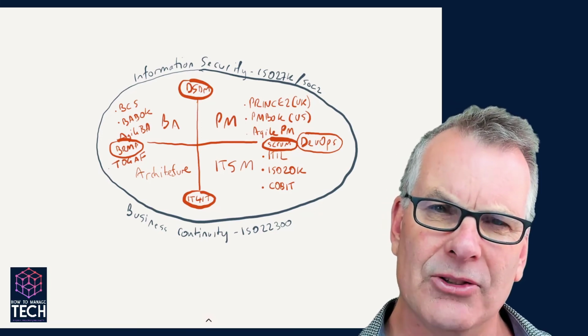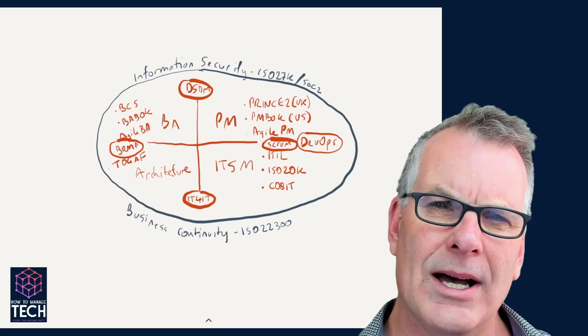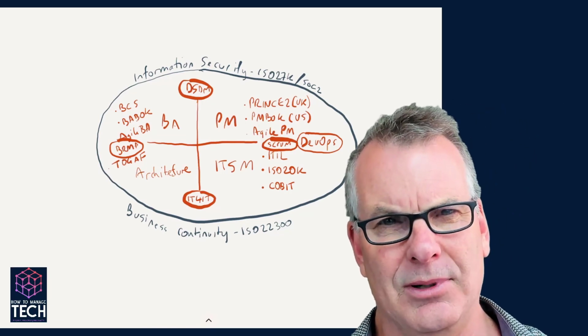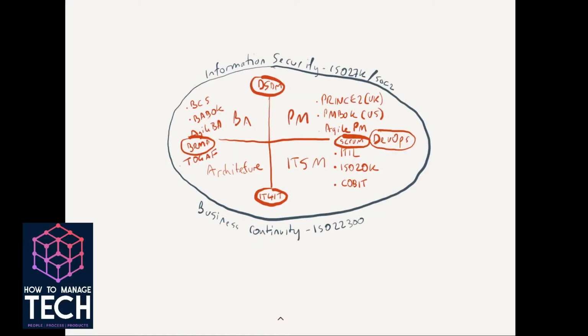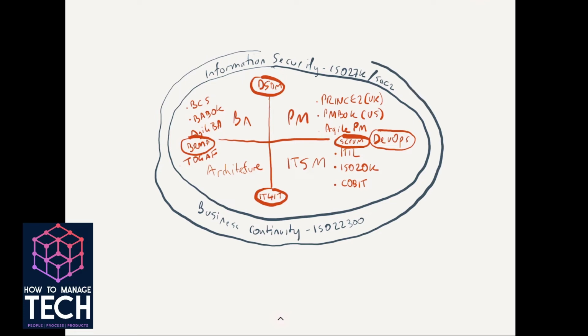Now, both information security and continuity management form part of broader governance, risk, and compliance, right? So what I'm going to do here is add in another layer around the outside, and I'm going to suggest then that we adopt enterprise risk management as part of our IT governance. And for that, I'm going to add in the framework known as ISO 38500. This is not a compliance framework, so in other words, you can't be certified against it. It's more just a thought piece,